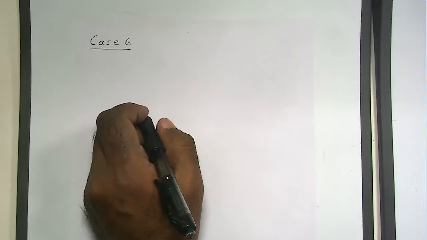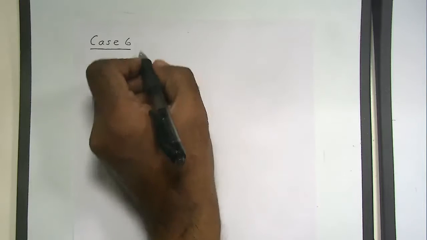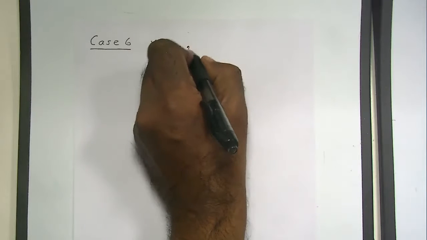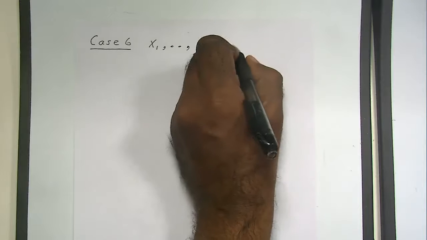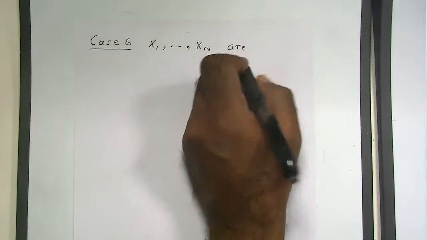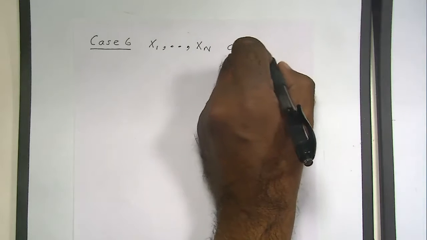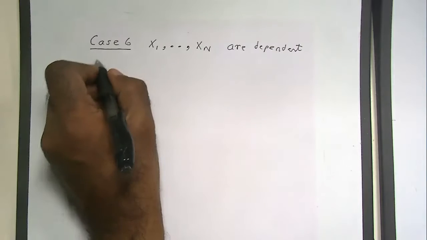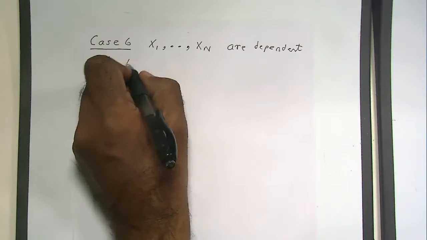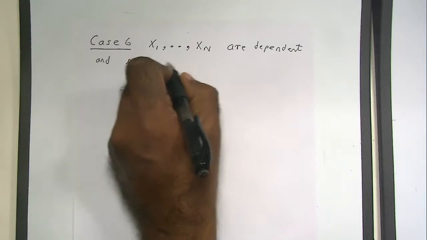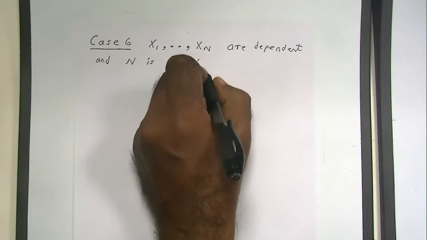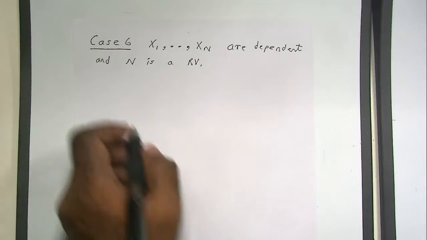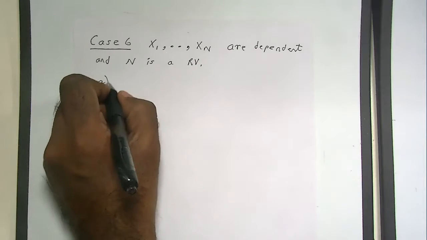So case 6 is where n is a random variable, right? So first A,